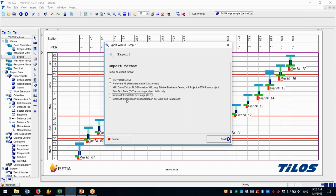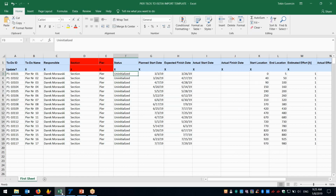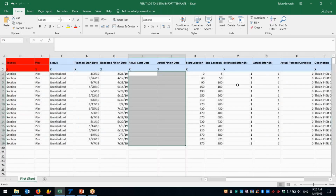You can select which data you would like to import and export, and you can get sample information. This is the pier number and the pier ID. Responsible person is coming directly from the codes, and these are the status of the work, plan start, plan finish, and actual start and actual finish, which at the moment we don't have. These are the start location,